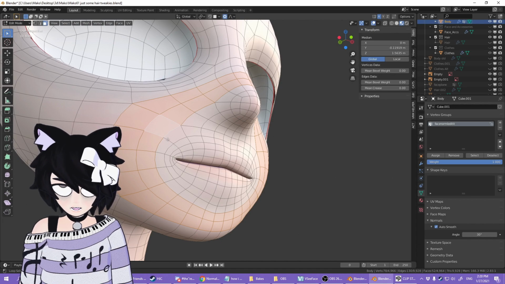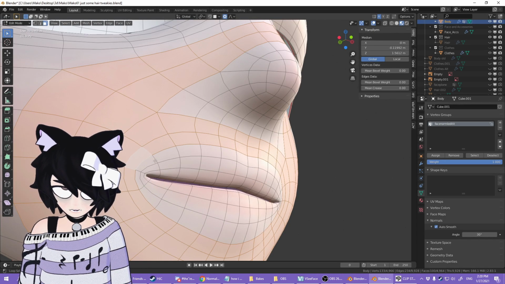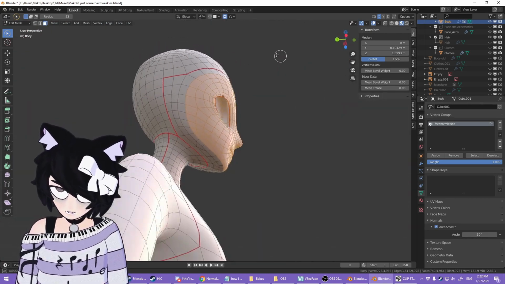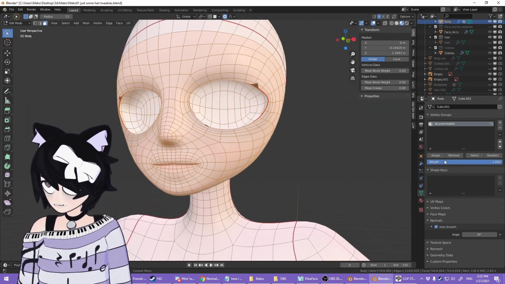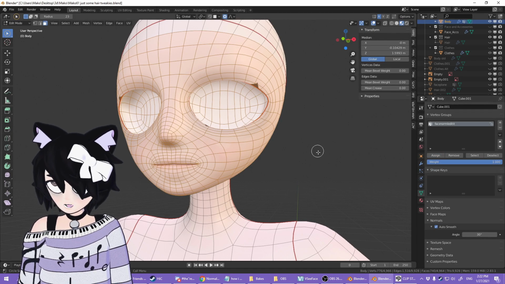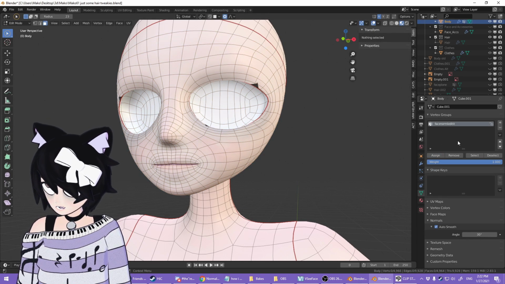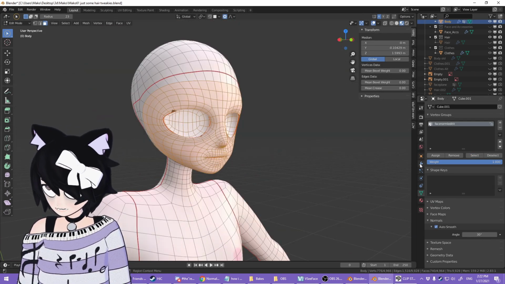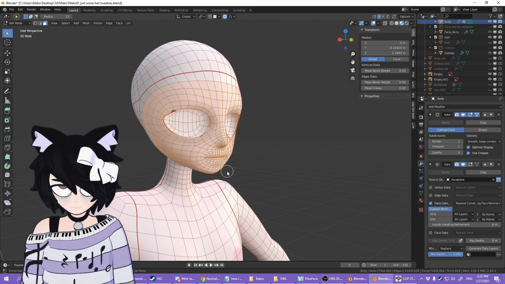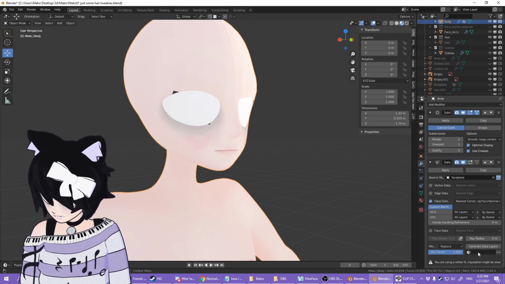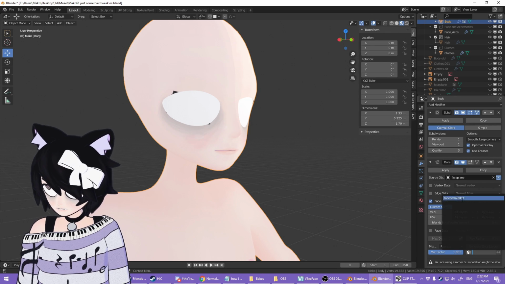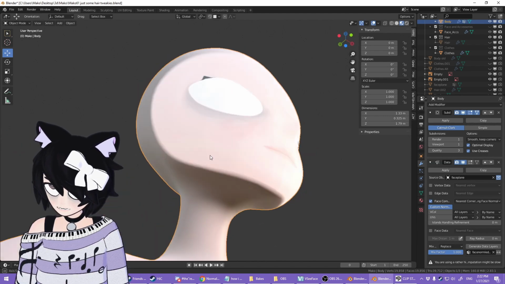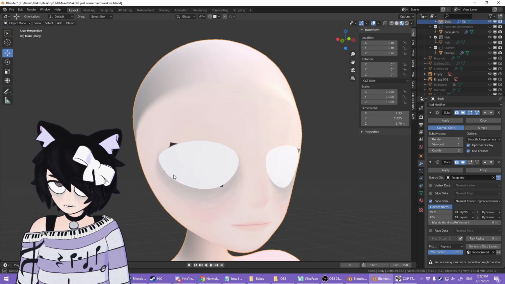Actually, it can help if I select these face loops around the eyes and mouth. And we'll also do it right here. Alright, something like this should be good. Then we simply click Assign. Now if we deselect this and we click on this vertex group again, we click Select, it'll select our vertex group, which is this. Now if we go back into our modifiers, we can specify a vertex group to have this effect only. There we go. Rest of the body is fine, but our face is now properly facing in one direction.